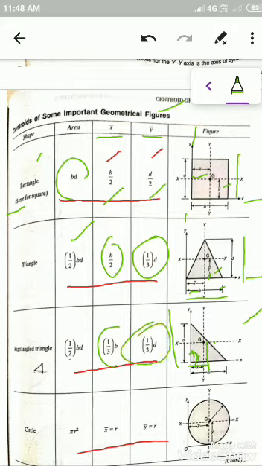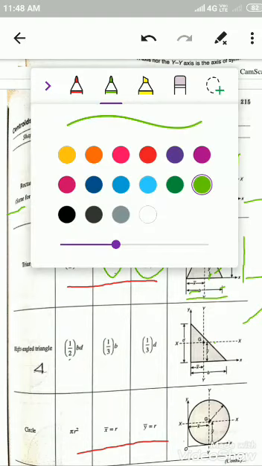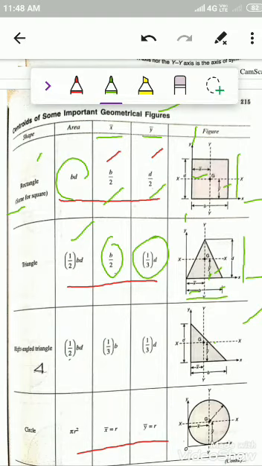Is it clear? I will explain once again. You observe clearly the x bar and y bar distances here. x bar is measured from the 90-degree side, and y bar is also measured from the 90-degree side. For x bar the base is b, for y bar the base is d. Therefore x bar is 1/3 of b, y bar is 1/3 of d. And the area of the triangle is known, that is 1/2 of b into d. So you have to remember that.